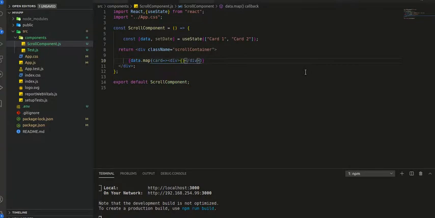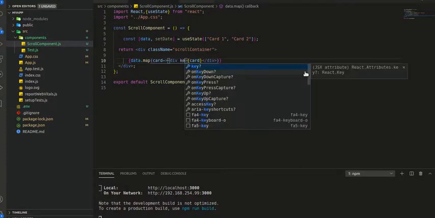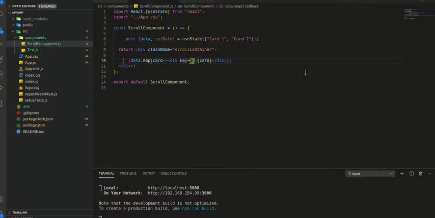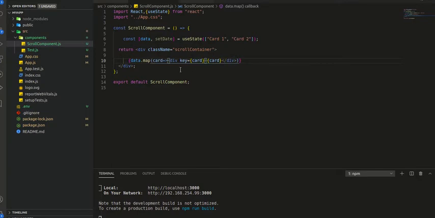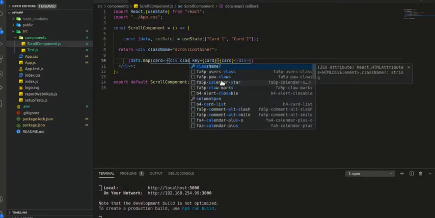So we will render a single card, and for the key, as of now, as our card names should be unique, as a key I will also give the card content here. And we need to give some styling to this single card.